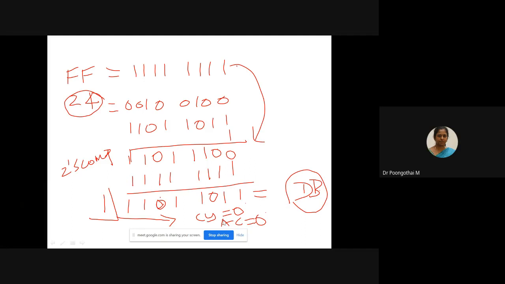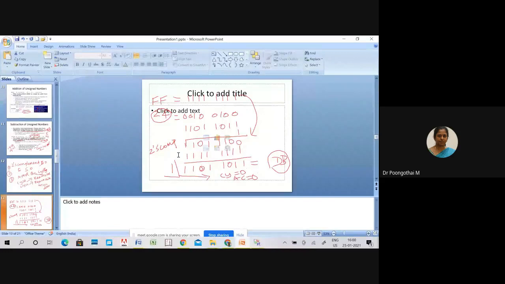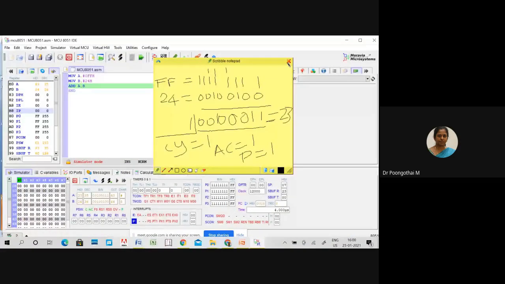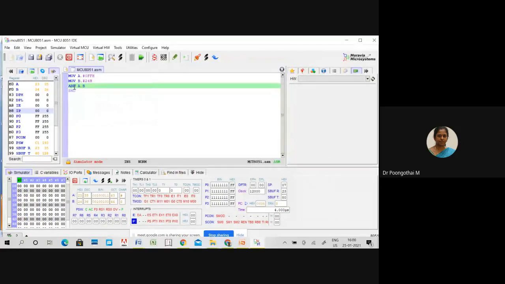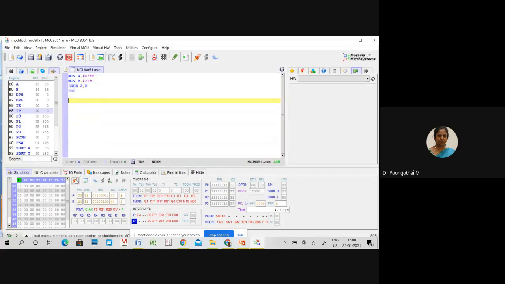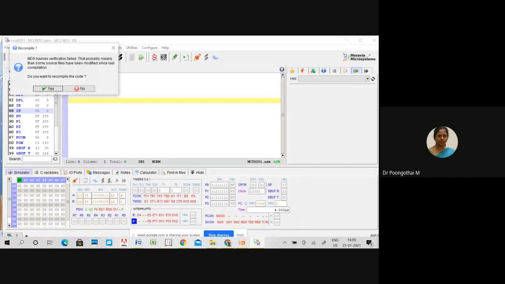So let's do it in the simulator. Instead of R, just give SUBB. So run this code.